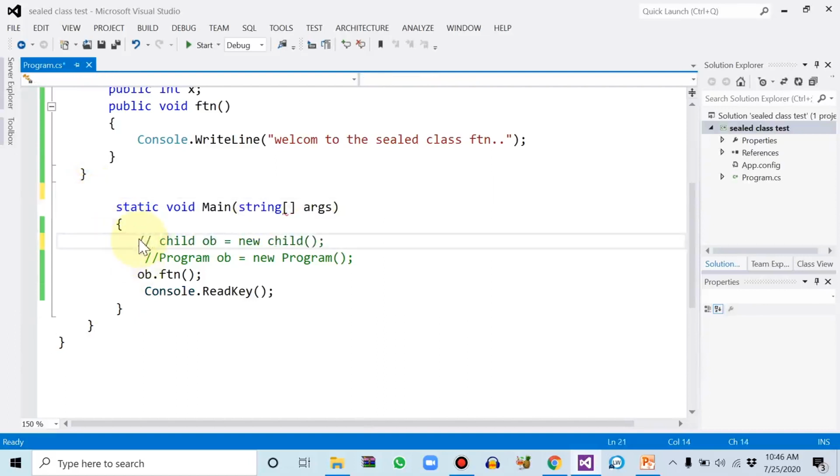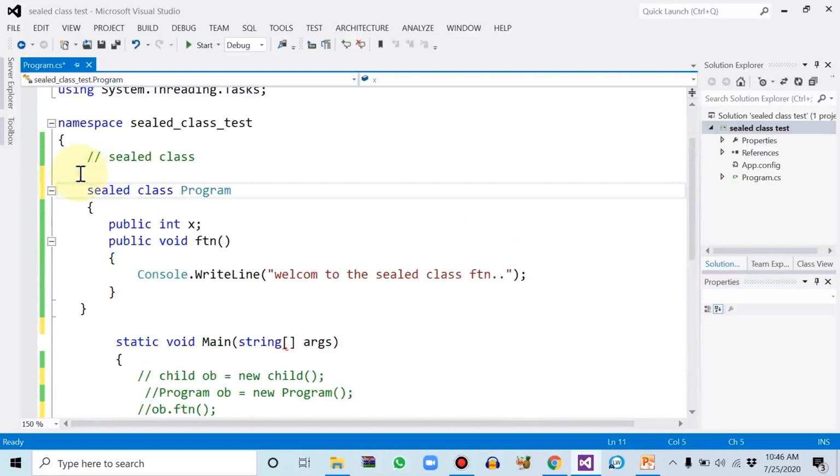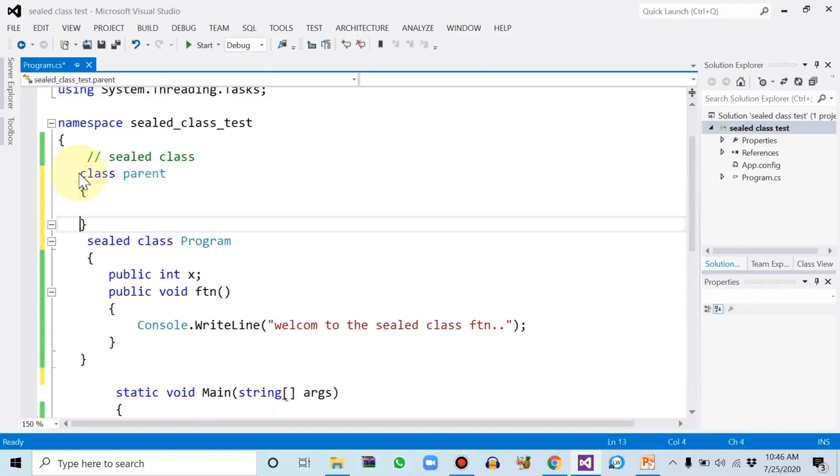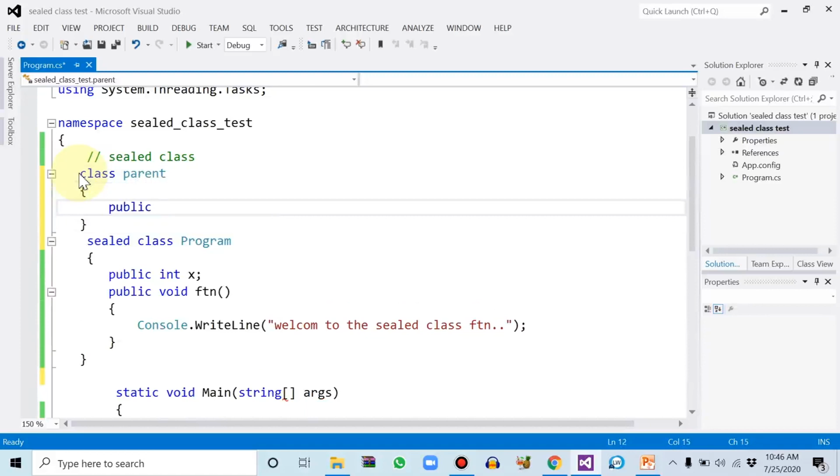Let me comment all this code, and let's see, use this sealed class as a child class, and a parent class. Within the parent class we are defining a constructor member.